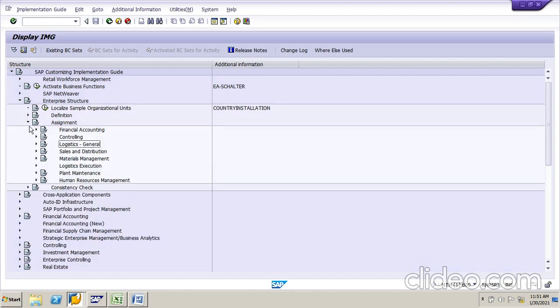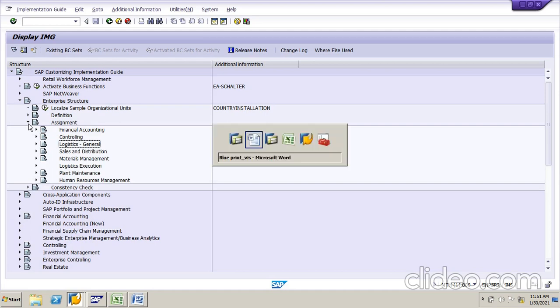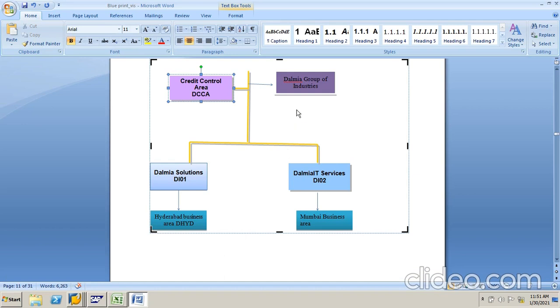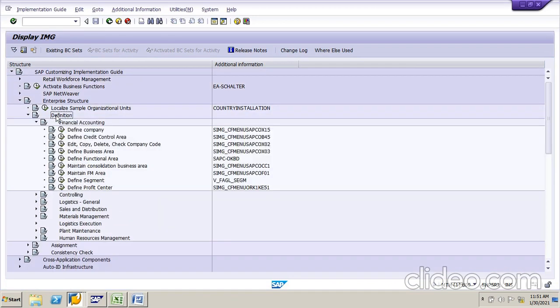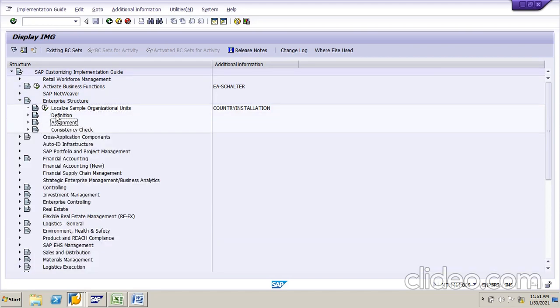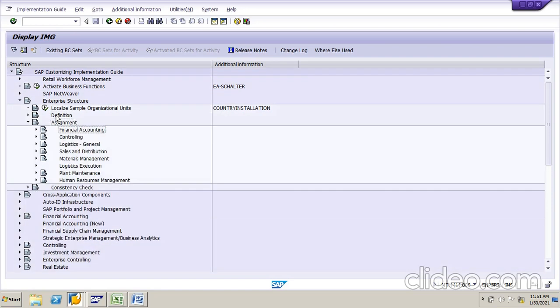So these are the FI elements, FI organization structure. So we had to create the company codes, business area, credit control area. First we have created data in the definitions phase. Here we have created. Next we have assigned that same data in assignment phases.